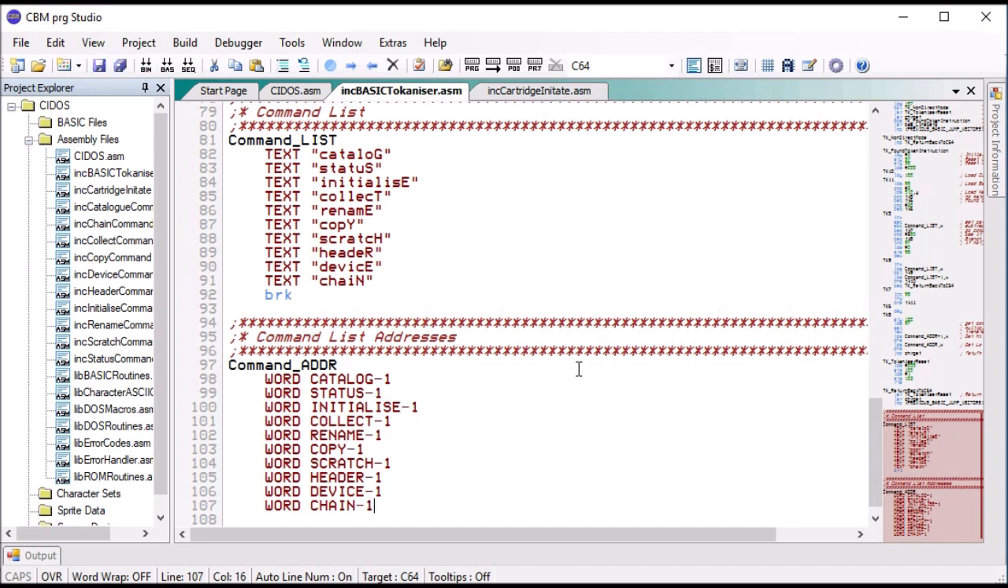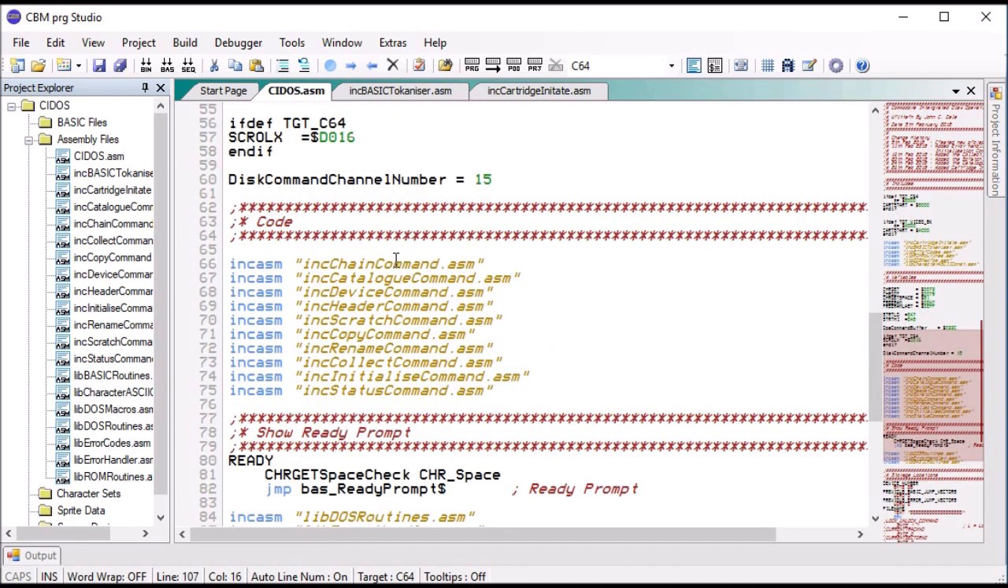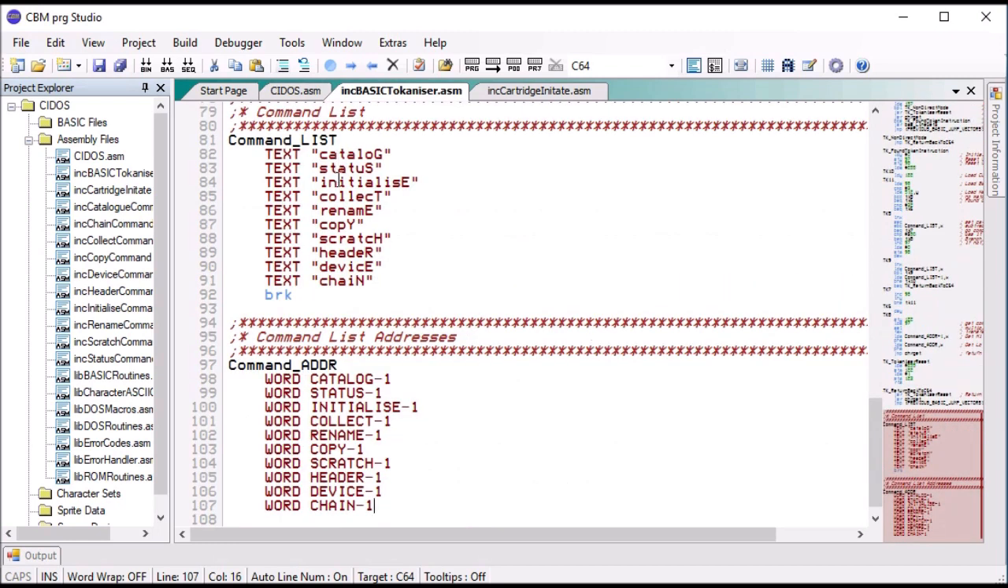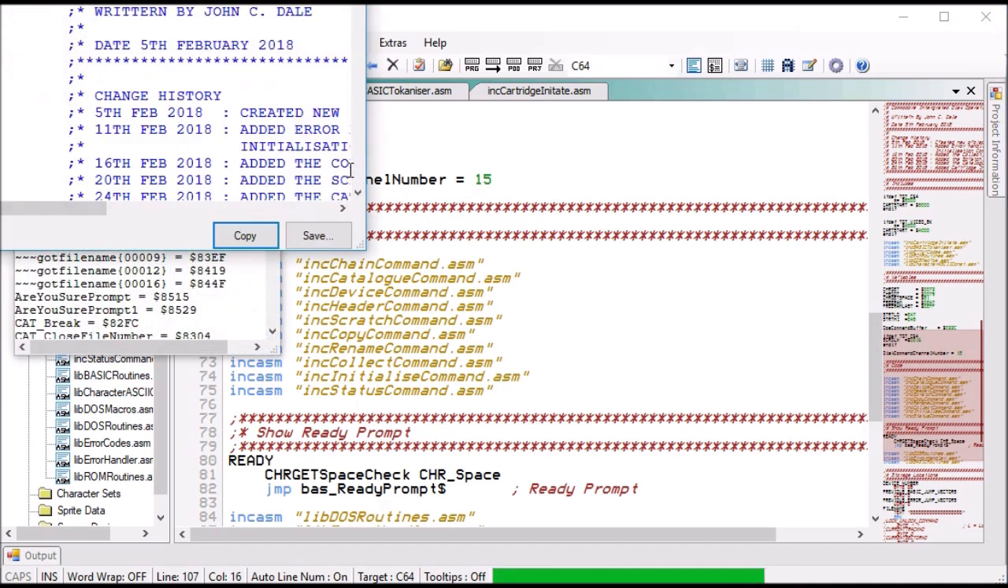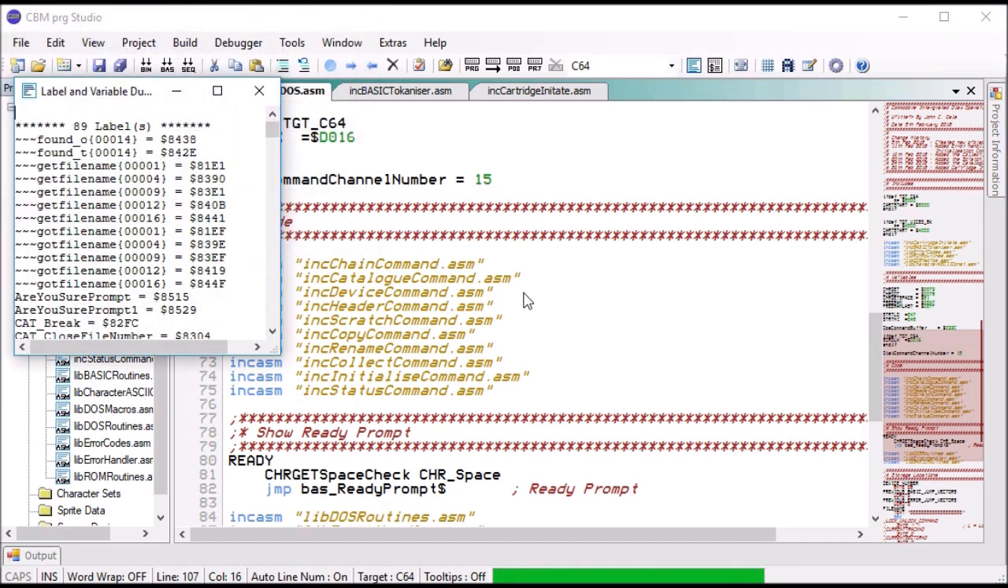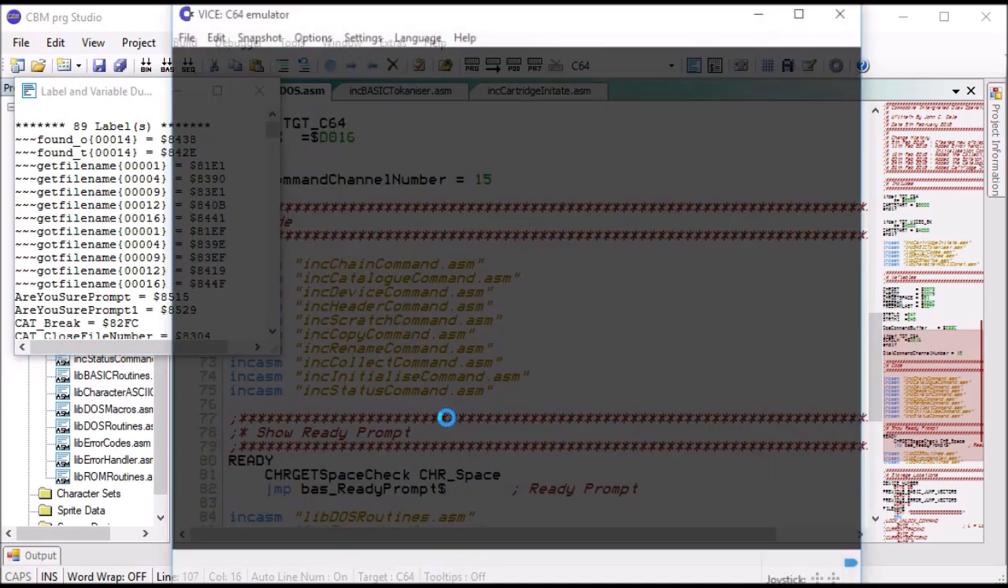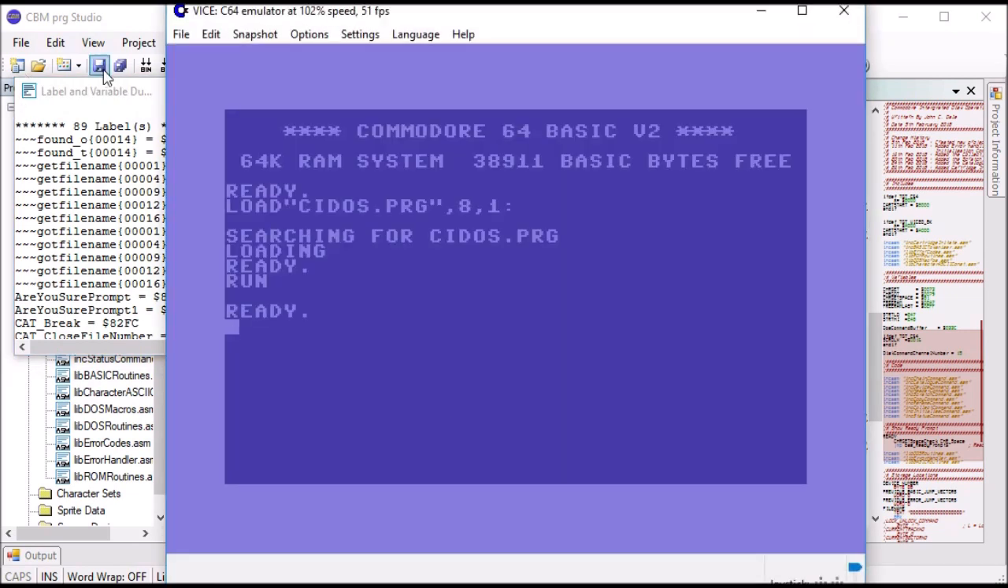Right then, so we have 10 commands in at the moment. I've put all 10 commands that we've written so far into our interpreter or tokenizer. So let's see if everything works. Here we go. Well, it compiled, so